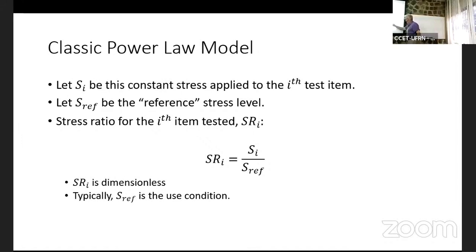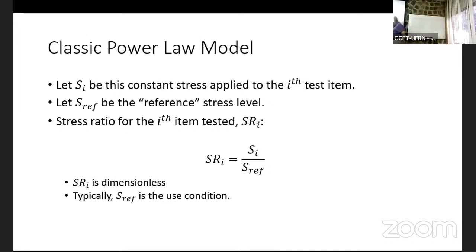I'm going to let S sub ref be a reference stress level, and I will begin to explain what that means as we go along. Ultimately, it's designed to create a dimensionless number, which we will call a stress ratio. So all this S ref does is standardize our stress so that it has some interpretation. That's important for generalizing results. When we're dealing with carbon overwrapped pressure vessels, we don't necessarily know what is the actual strength that they're looking for. So what we do is we give them a standardized measure that they can then scale accordingly.